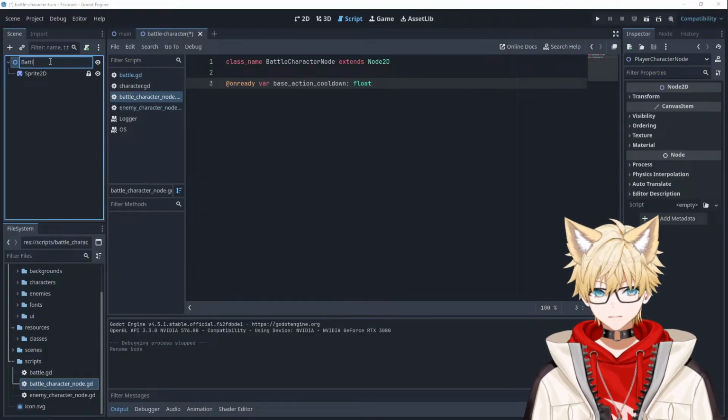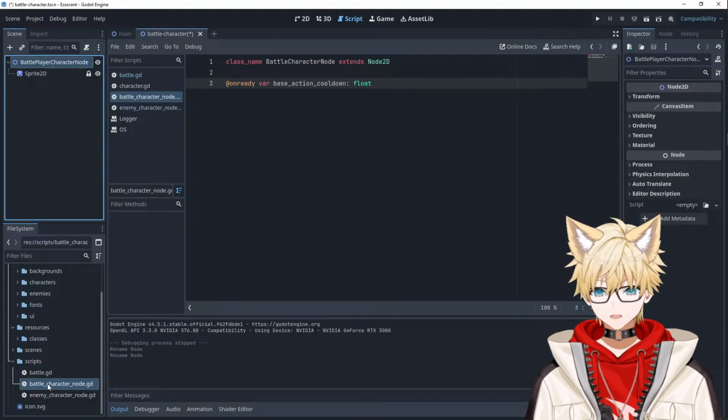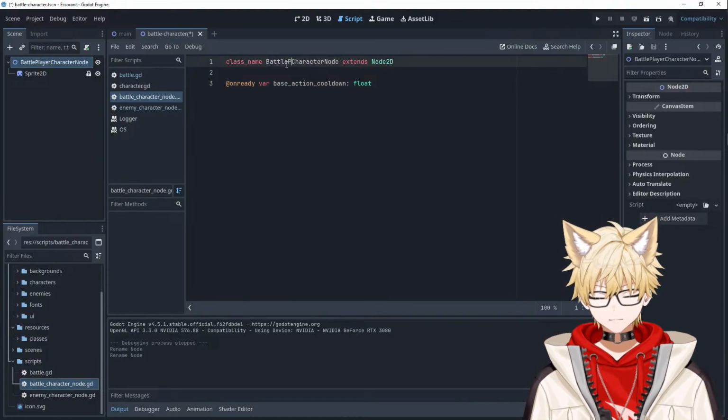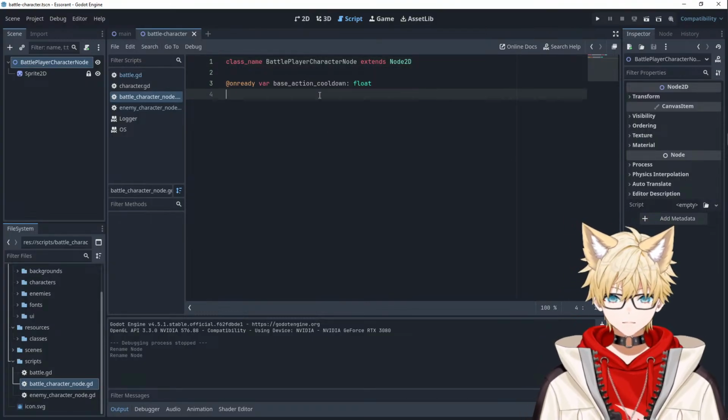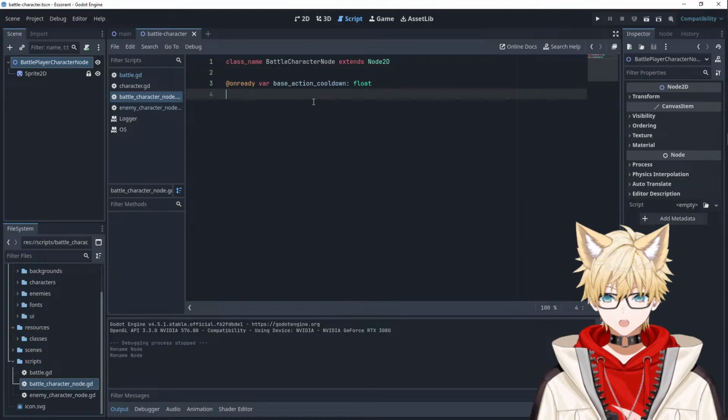This will be battle, player, character. Oh, a bit wordy, but it gets there. Battle player character node. You have a base action cooldown. Again, this will probably be on a resource at some point, but